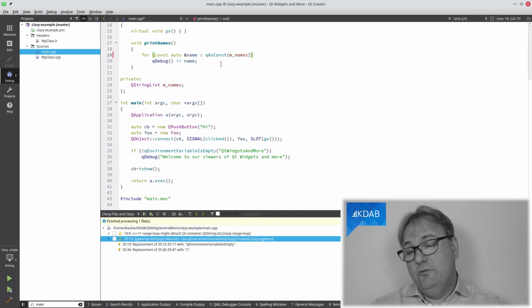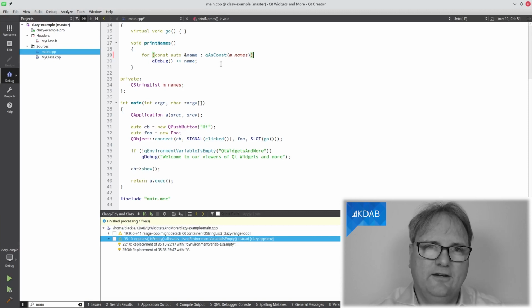But hey, why do I need to know if Qt Creator can tell me about these errors? Beautiful. So it is super useful to have Clazy and ClangTidy run on your code all the time and warn you more or less the second you type something wrong. But if you haven't done Clazy and ClangTidy before, it might actually be useful to run on your whole project and start learning from the warnings that it gives you and start fixing them. Let me show you how you run it on the whole project. But before we do that, let's just see a few lines of code, and you can pause at that second and tell me if you can figure out what is wrong in those lines of code.